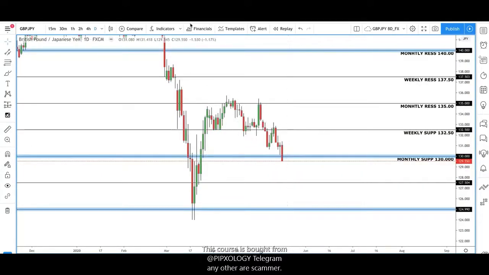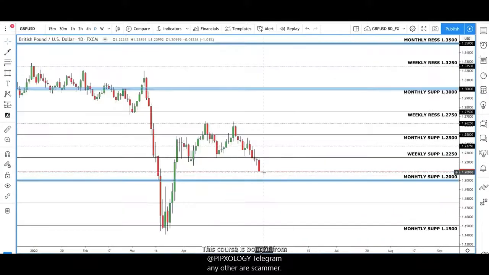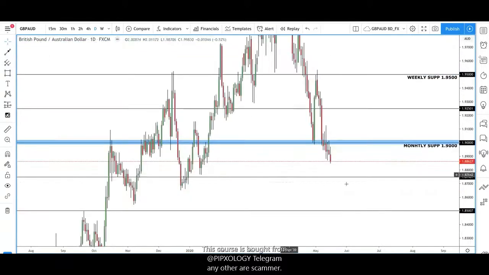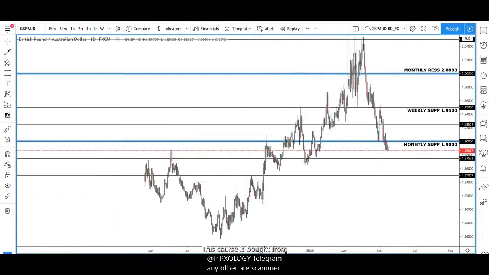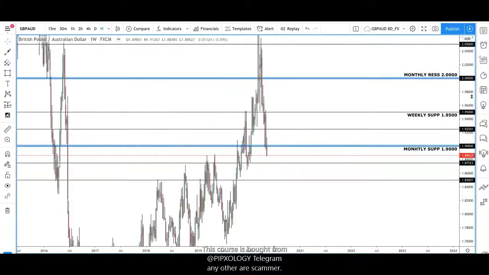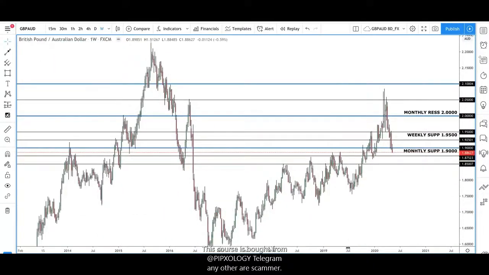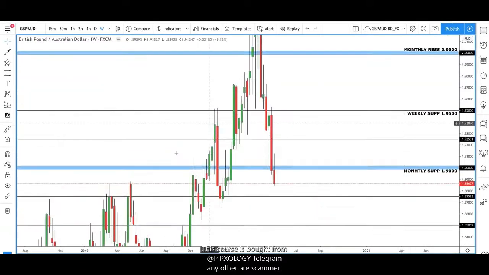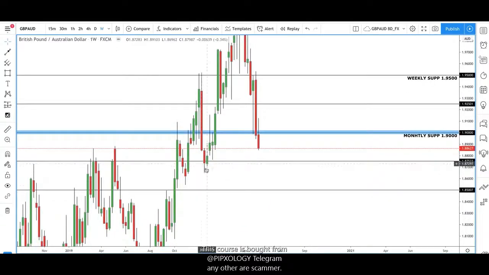If we can see some more downside on GBP JPY and GBP USD here, like that 100 pips or so, then we can still see some more downside on GBP AUD to come down to maybe 1.8750 before we start looking at taking longs. And what that would also be in line with is this strong area of support on the weekly, and it would look like higher highs, higher lows, higher highs, higher lows.